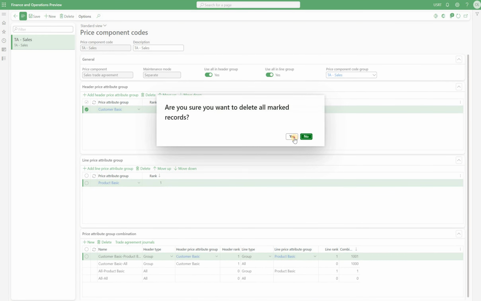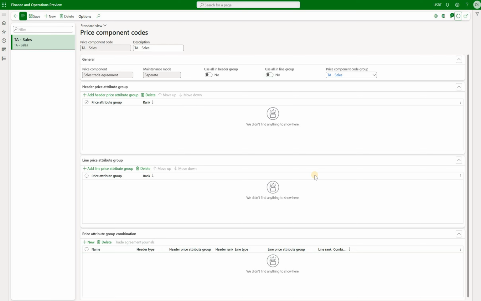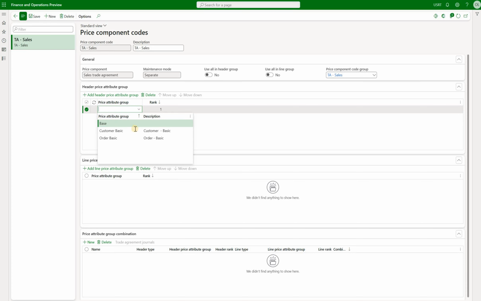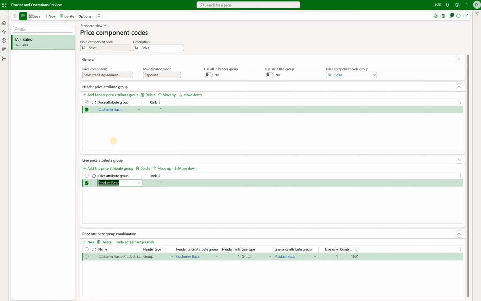So if I were to delete these and clear these 2 sections right here, you see that this section becomes completely blank. Now I will add my header attribute group, customer basic. I'll add my line attribute group, product basic, and then I can save. When we save that, you see there is only one possible combination because we do not allow all either for